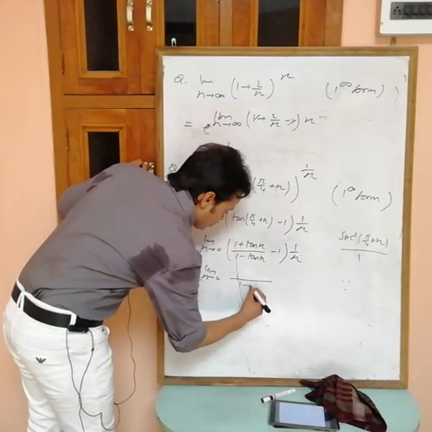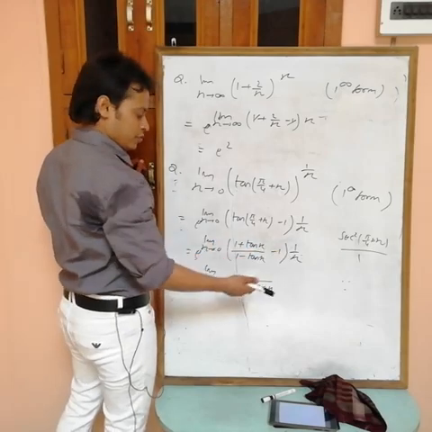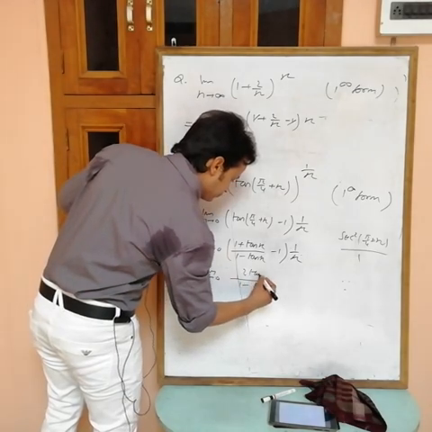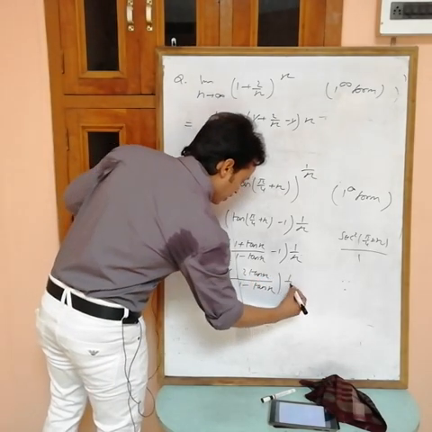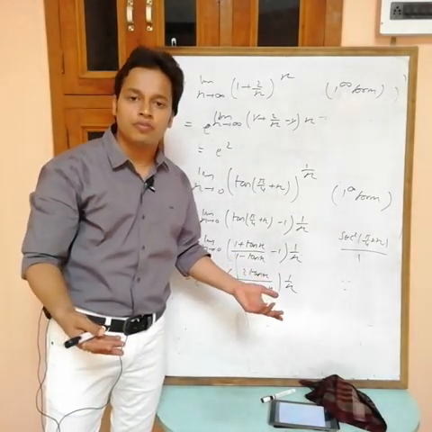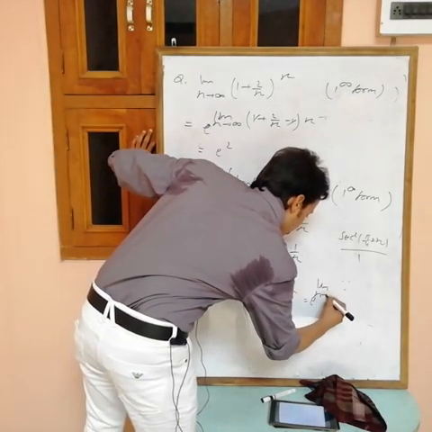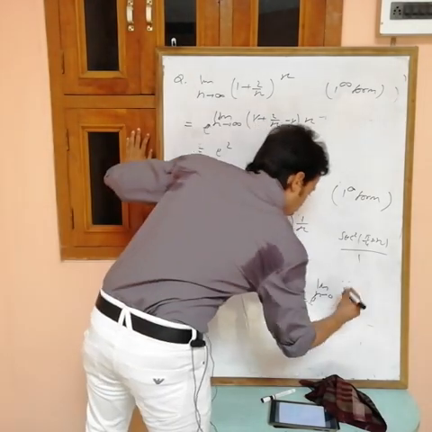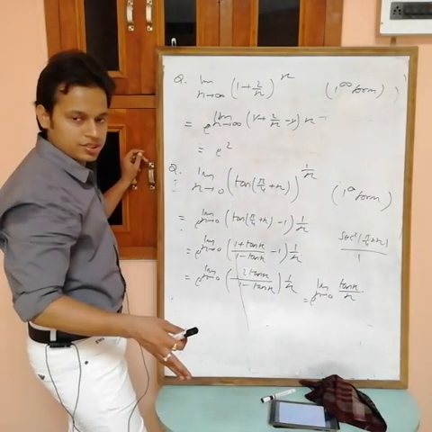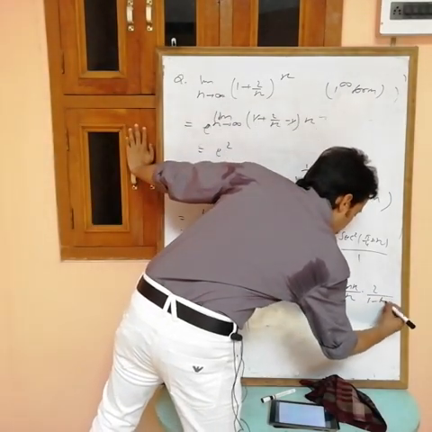If you take LCM 1 minus tan x, then what will you get? Minus 1 plus tan x, plus 1 minus 1 cancel out, plus tan x, 2 tan x, into 1 by x. Now see, limit x tending to 0, tan x by x is a standard form. Now I can write this as e power limit x tending to 0, tan x by x on one side because this is the standard limit, and the remaining is 2 by 1 minus tan x.